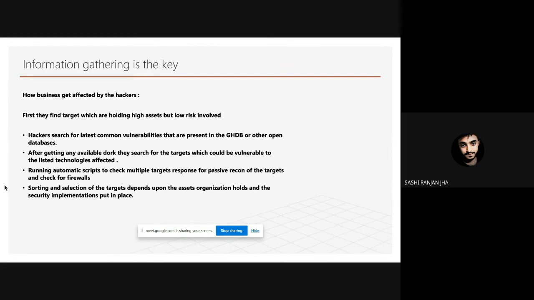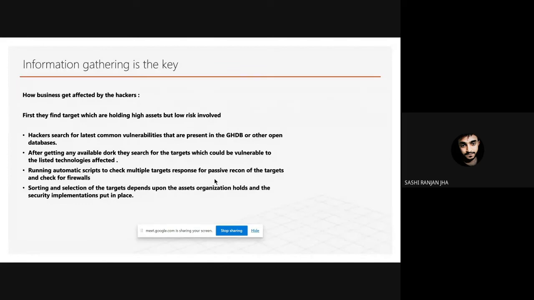Then they run automatic scripts to check multiple targets' responses for passive recon of the target and check for firewalls. So automatic scripts and tools are used to check multiple targets at a single time, and then with passive recon, they see what the GET parameters are over there using ParamSpider.